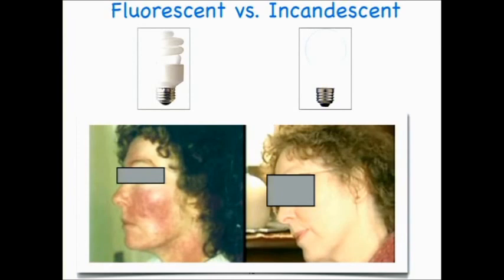And I've talked to many people who will come up to me after a lecture, and they'll show me their hand, and they'll say, I have this skin problem. I don't know what to do with it. My dermatologist doesn't know what to do with it. And I say, do you have compact fluorescent light bulbs in your home? And they say yes. And I say, just turn them off or get rid of them for a week. Go back to your incandescents and see what happens. And very large percentages of those people contact me and say, thank you, thank you, thank you. My skin problem's gone. I can't believe it was the lighting in my kitchen where I spend all of my time. So if you have patients who have skin problems that are atypical in the sense that you can't deal with them, just ask them if they have these light bulbs in their home, and if they do, it could very well be the cause of the problem.